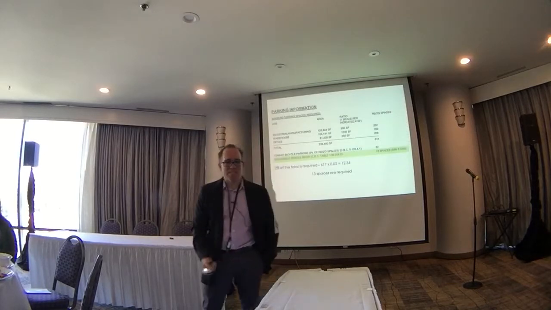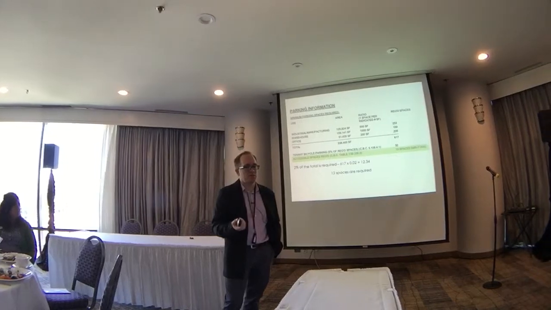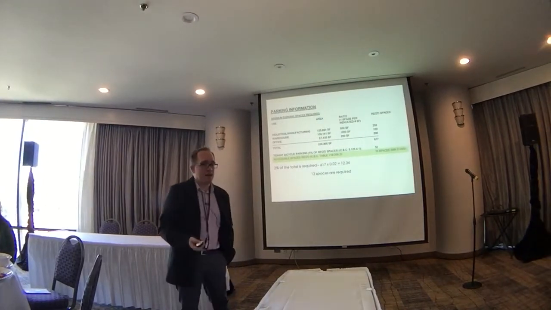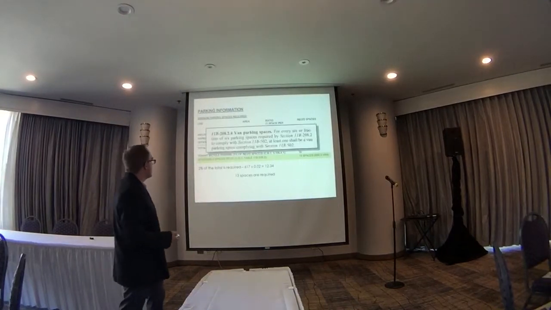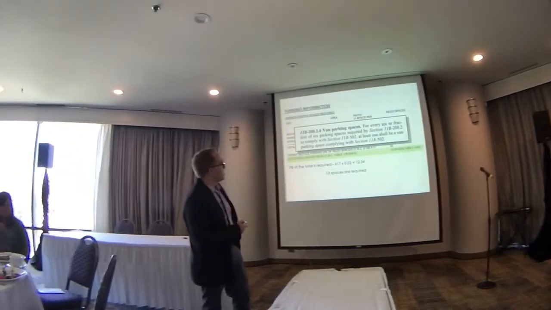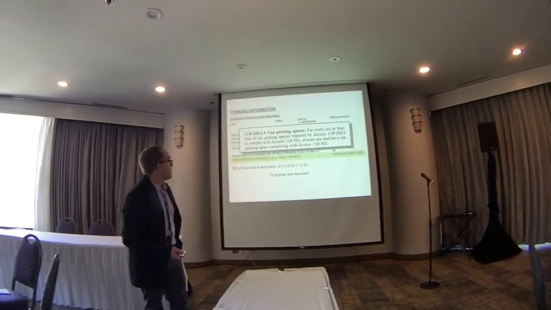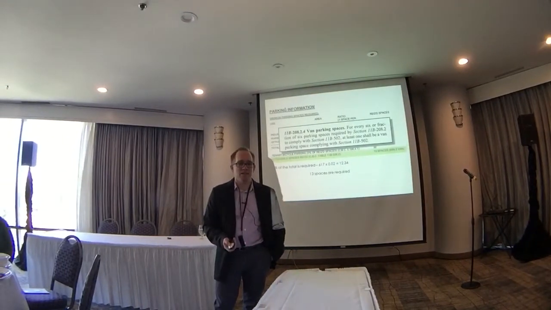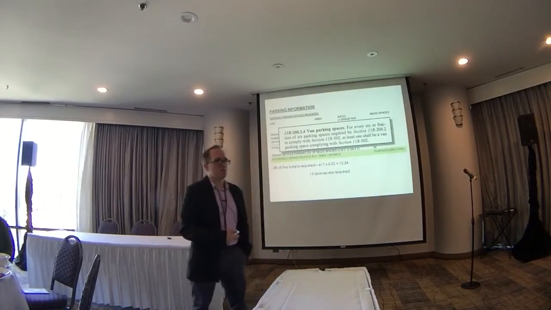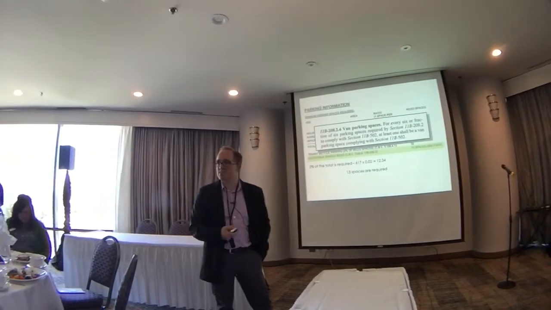So what we did is we kind of just went through the calculation, and we ended up needing to provide 13 spaces. And that also, as you guys know, would include some van parking as well. And when we look at van parking, one of the things that's important to keep in mind is that for every 6 or fraction of space that's required, we would need to provide an accessible van space. And it's always a bummer when you end up with 13, right? Because that means not 2,